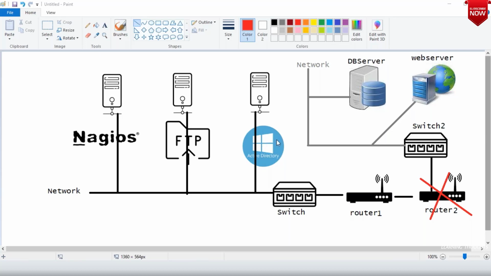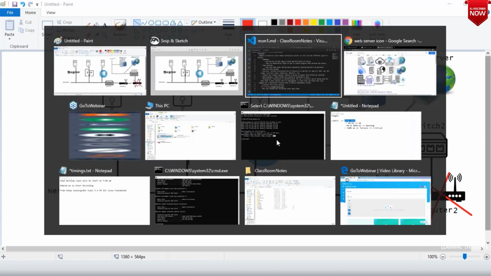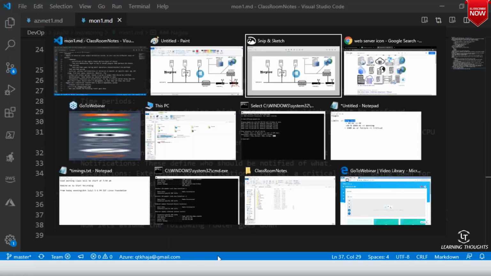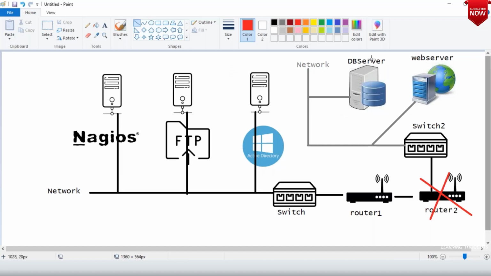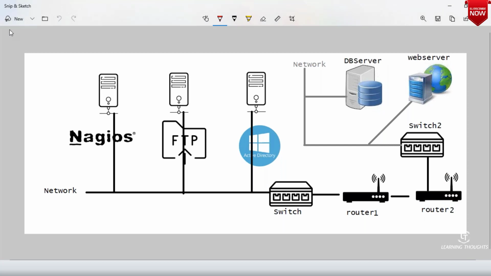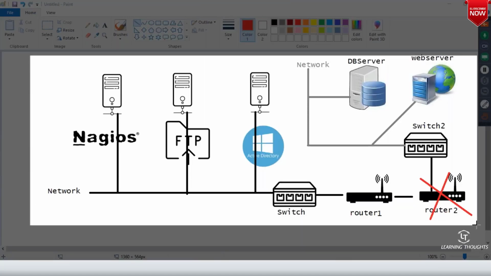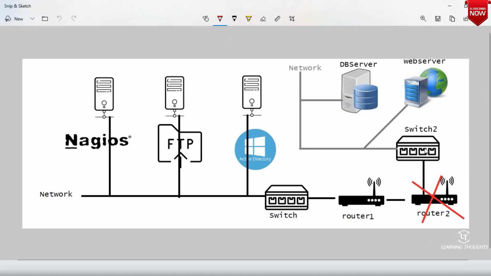Now from Nagios, if this router is down, will my web server checks work? It will show as switch failed, web server failed, and DB server also failed. Yes or no? Yeah, because there is no network connectivity between them, right?